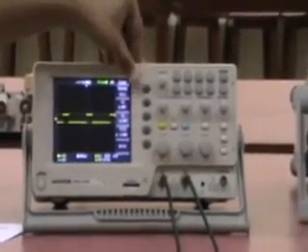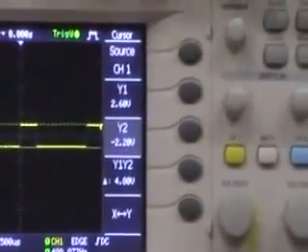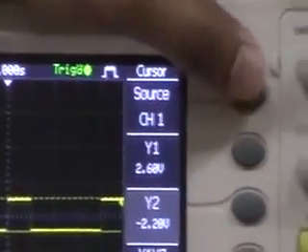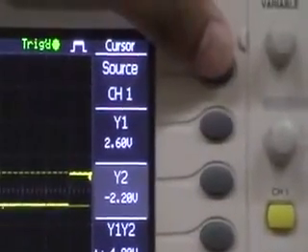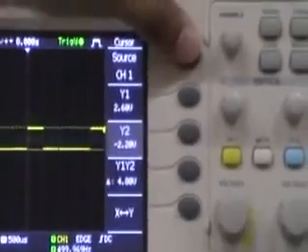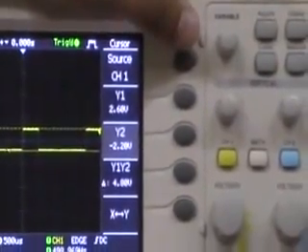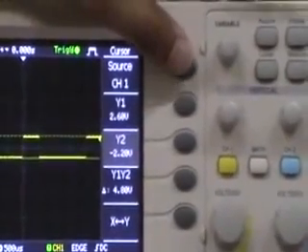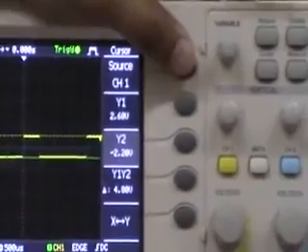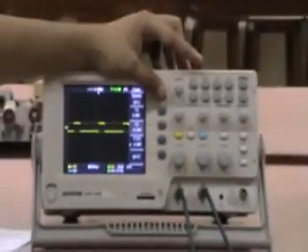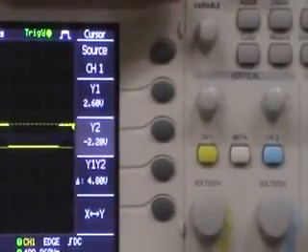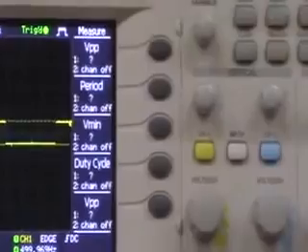Now moving on to these function buttons. These are 5 function buttons, F1 to F5, but we can measure up to 19 functions with these function buttons, out of which 12 are voltage and 7 are time measurements that we can do with these 5 function buttons. These function buttons can be selected with this measure button.